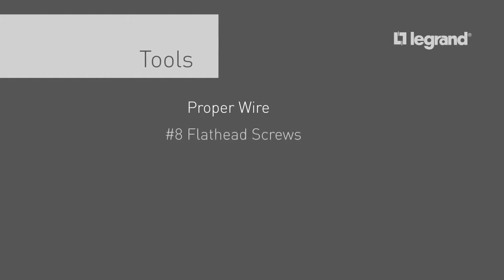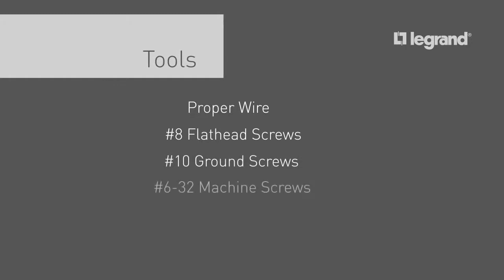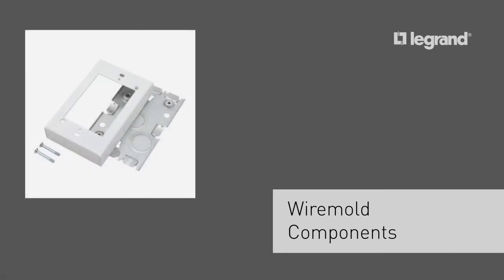You will also need a supply of number 8 flathead screws, a number 10 ground screw for each transition point, in this case the starter box, and number 6-32 machine screws for attaching the starter box base to the existing box in the wall. The Wiremold parts we are going to use for the project are a starter box